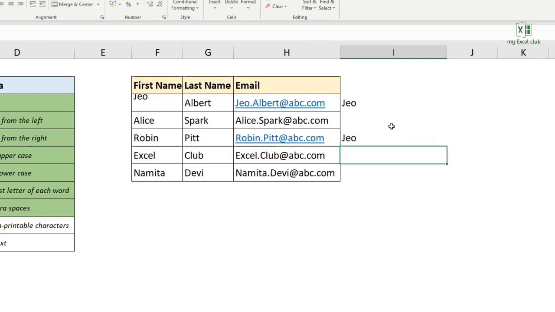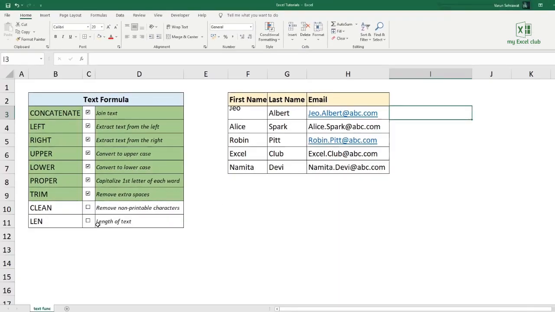So this is how the clean function is also very important. When you are doing data cleaning in your Excel files, you have to use the trim and clean functions. I would suggest using both functions together when you are removing extra spaces from your data. So how can you use both trim and clean together?